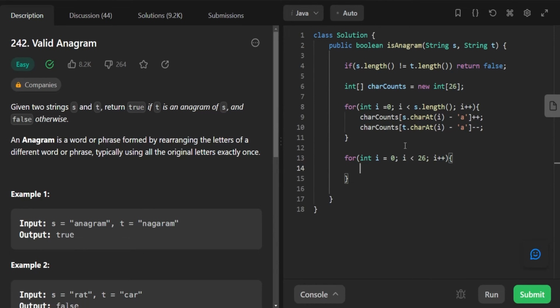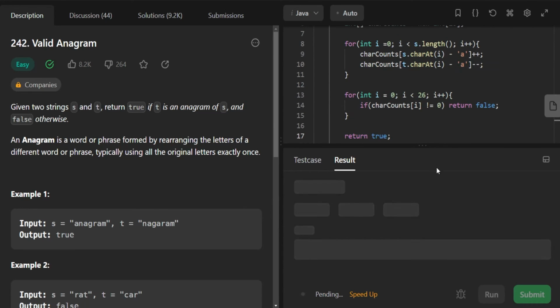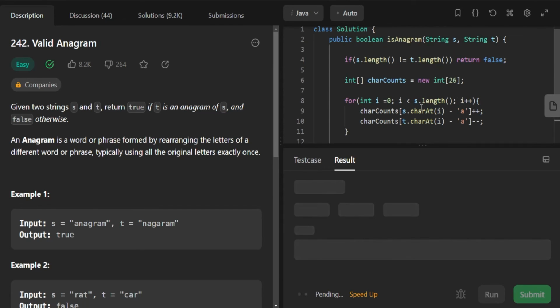And then one line of code, if charCounts at i, copy paste it because I'm lazy, is not equal to 0, return false. And then otherwise, if this never returns false, that means everything's 0, so you just return true. As simple as that, and then this code should work. Let's see the result. Okay, cool. And yeah, this is O of n time complexity,